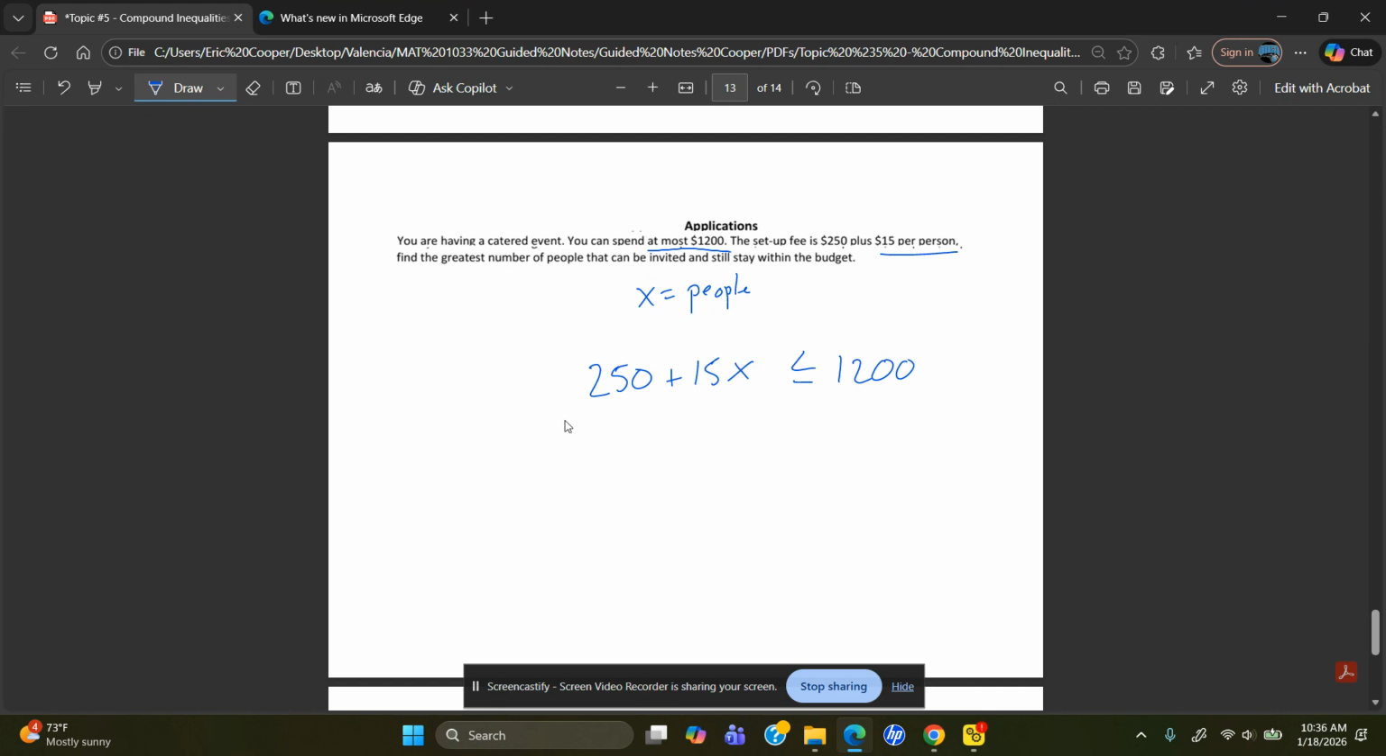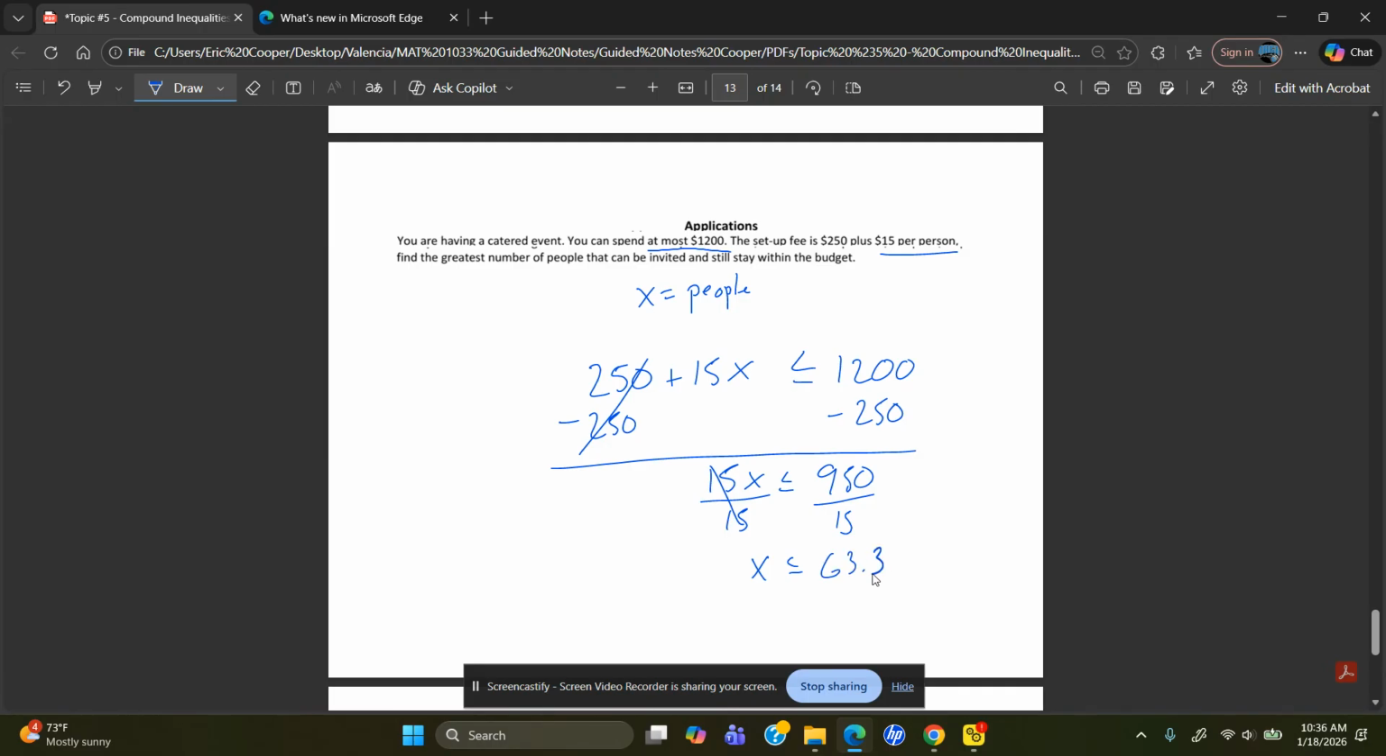We're going to go through and solve this for x. So we're going to subtract 250 from both sides. 15x is less than or equal to 950. I'll divide both sides by 15. And I get x is less than or equal to